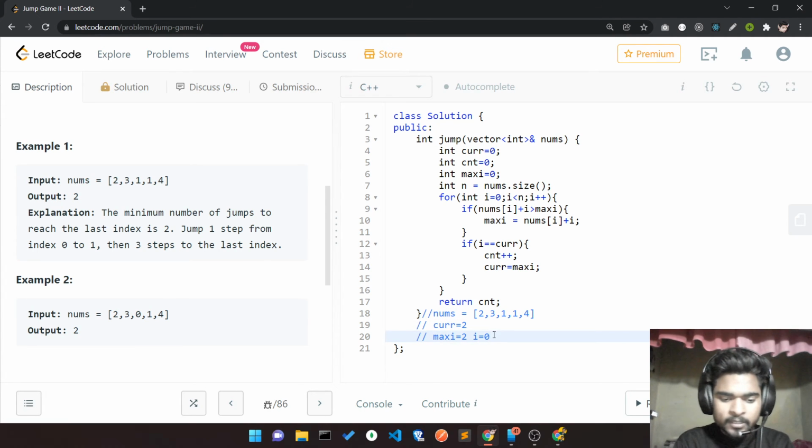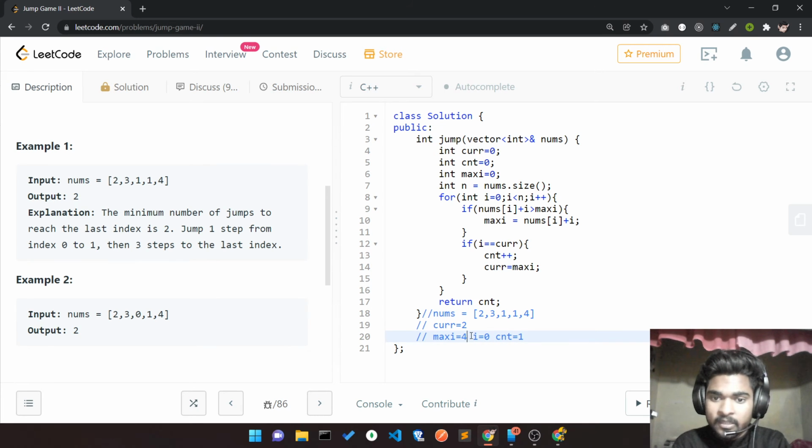The count variable was initially 0, but after that it's 1. Now I'm reaching this index, so i equals 1 and nums[i] equals 3, so it means 4. 4 is greater than maxi. Maxi has the value 2, so yes it's greater.